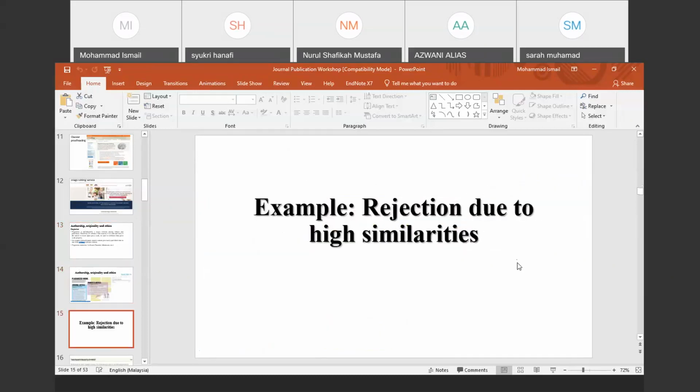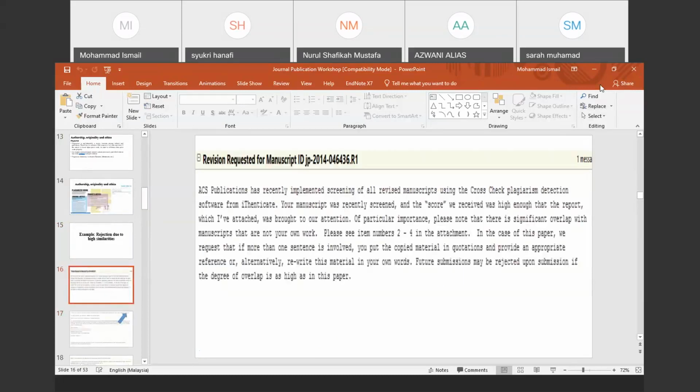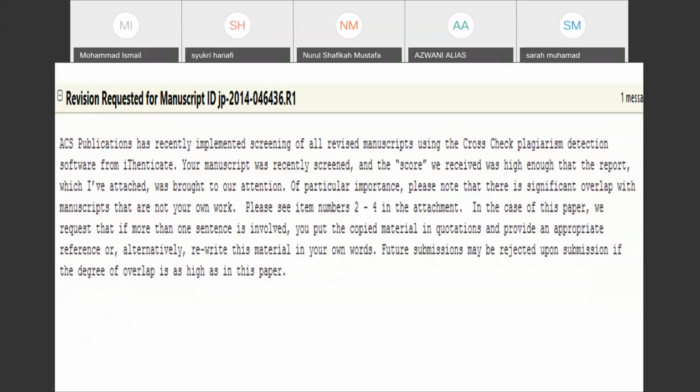Here I would like to show the example. Example of rejection due to high similarity. Okay, this one. This is my paper actually, from the American Chemical Society. A very good publisher, and this one is from the Journal of Physical Chemistry C editor. Okay, ACS Publications has recently implemented screening of all revised manuscripts using the CrossCheck plagiarism detection software from iThenticate. That's why famous